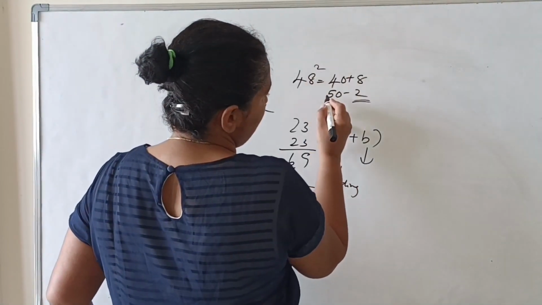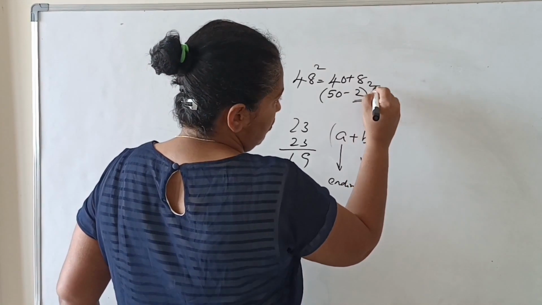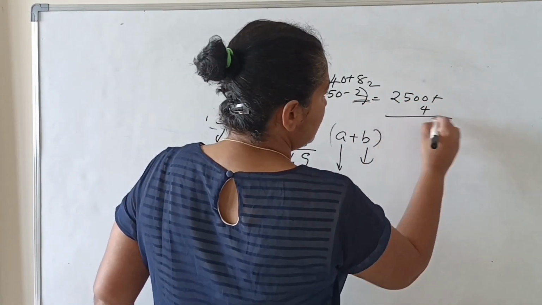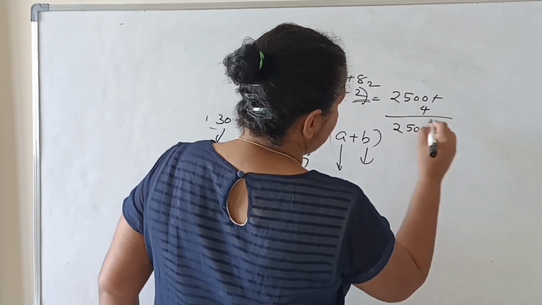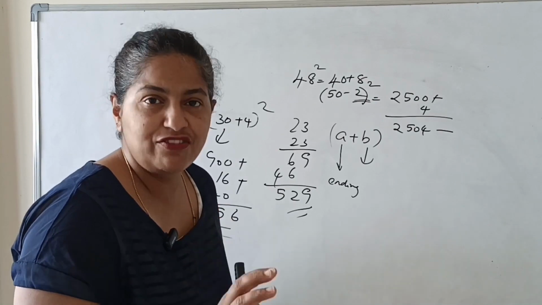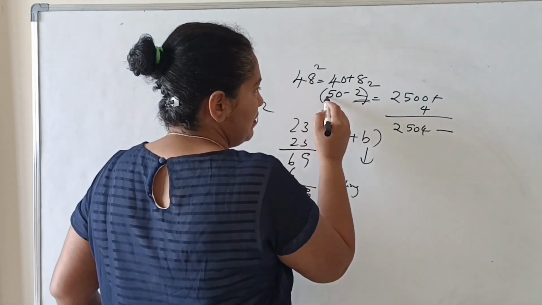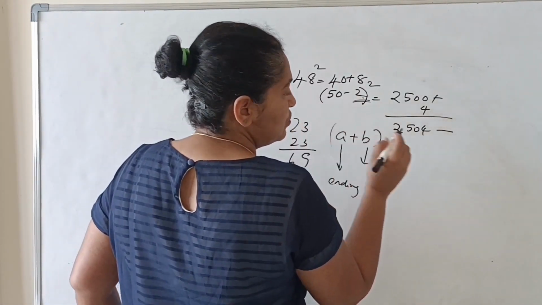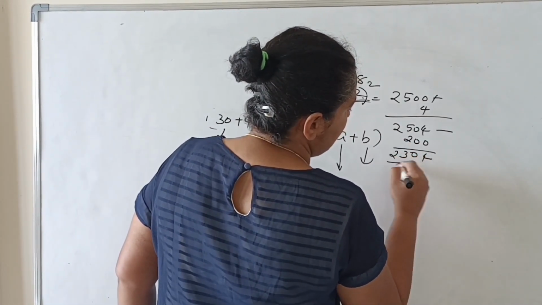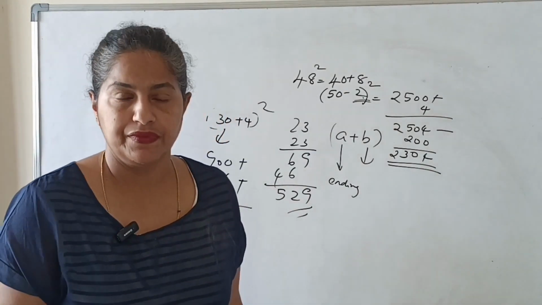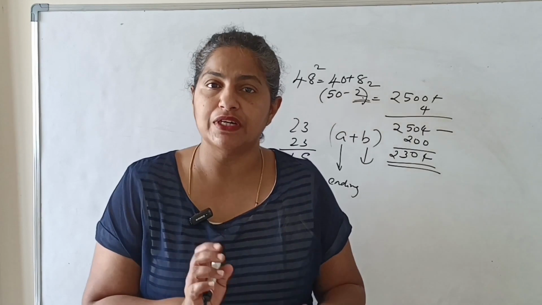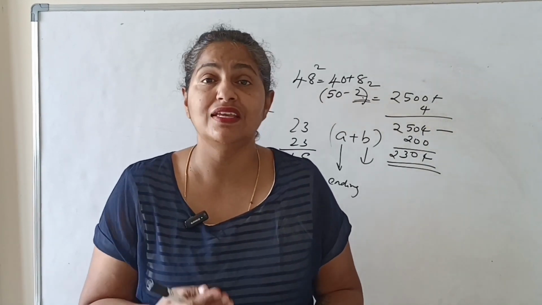So here 48 square is (50 minus 2) the whole square, which is a square plus b square minus 2ab. So minus 2ab will give me 50 into 2 into 2, that is 200. So I will be getting the answer as 2304. Okay. Now let us take a couple more numbers and apply this particular identity and see how easy the